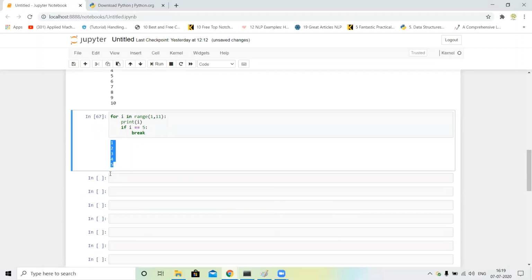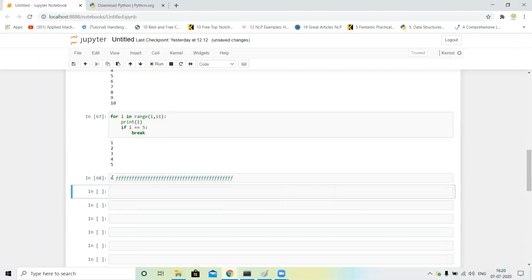Next, guys, Python comments. How do we write Python comments? There are two methods when we are writing comments. You can use just a hash symbol and write anything, like print. It will not print, because this is a comment.